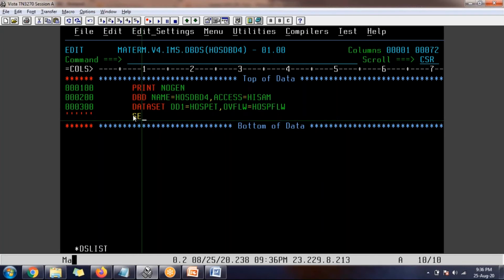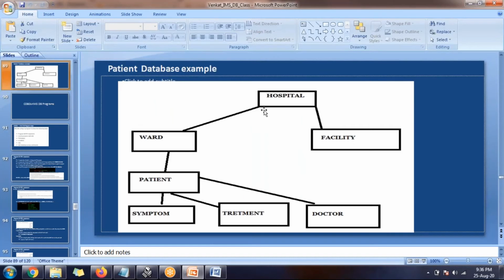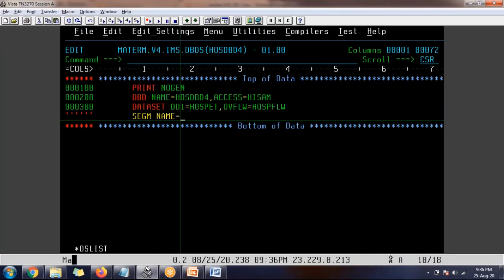Next, the segment macro. We have a parameter called NAME. What name do you want to give for this? I want to give Asphotel. Who is the parent, by the way? One of our colleagues asked. Since it is a root, the parent will be 0.